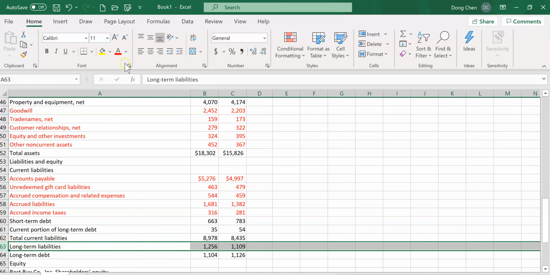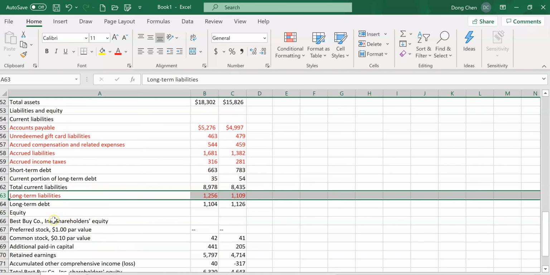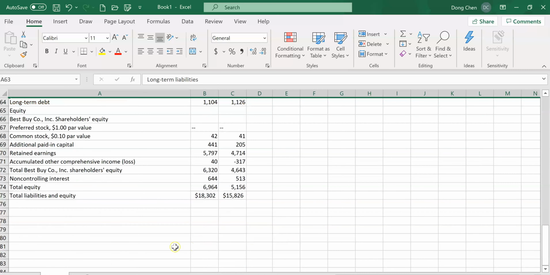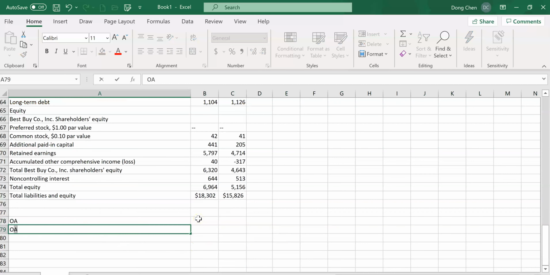And long-term liabilities is, as the hint suggests, actually treated as operating. And long-term debt is not operating. This is financing related. So we are done with demarking all the items on the balance sheet into the operating and the non-operating components. When I say all the items, actually we mean the asset and the liabilities items that do not include the equity side. So now let's calculate the operating assets and operating liabilities,